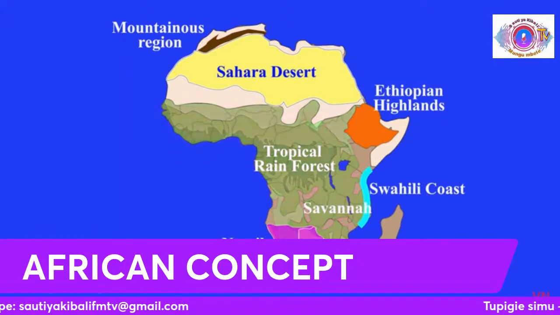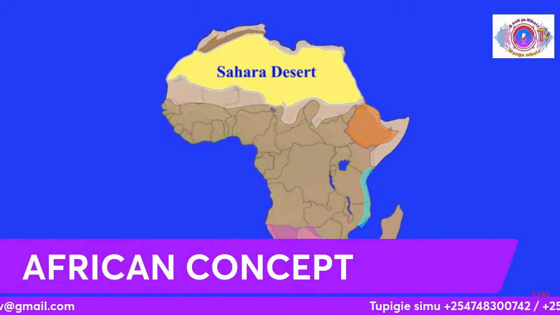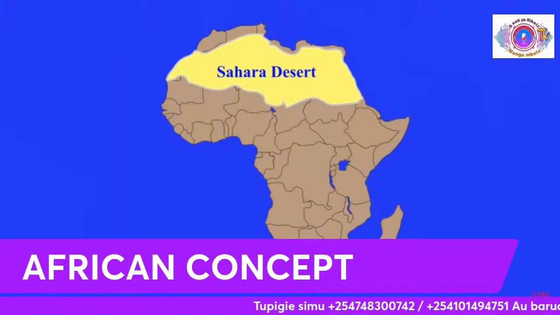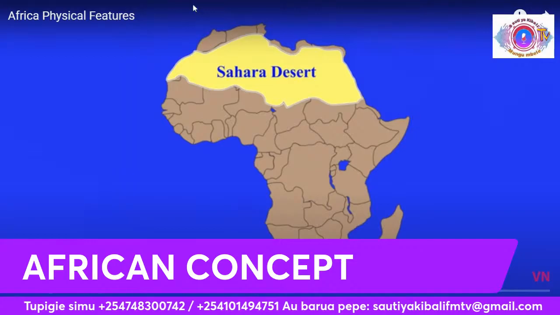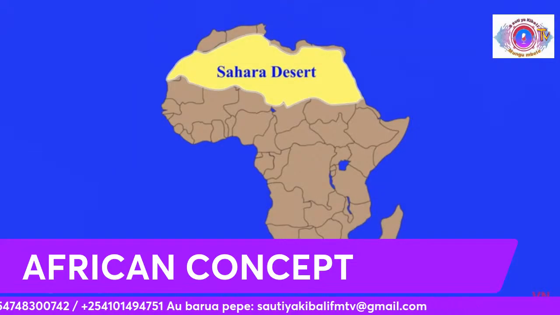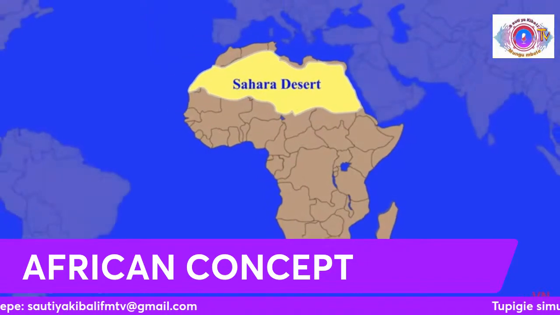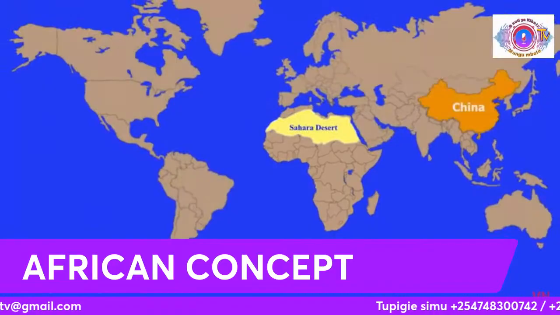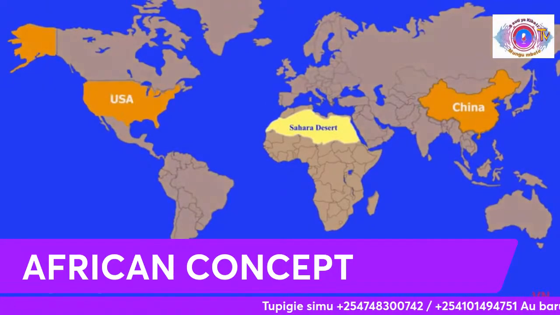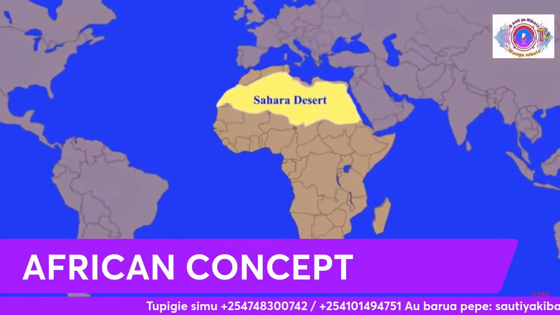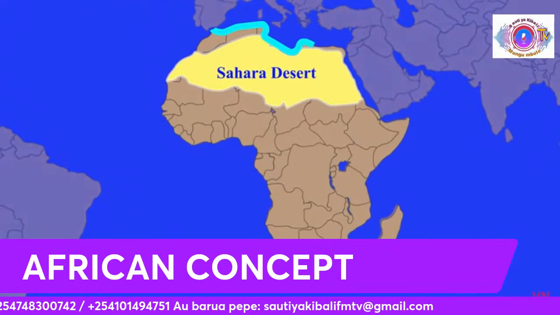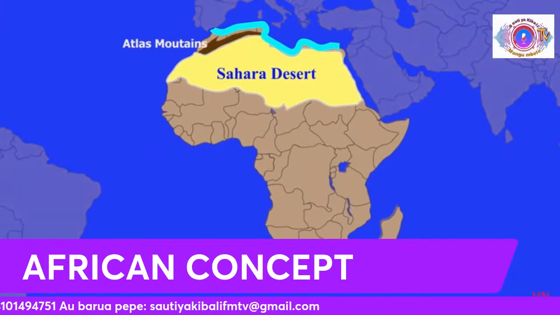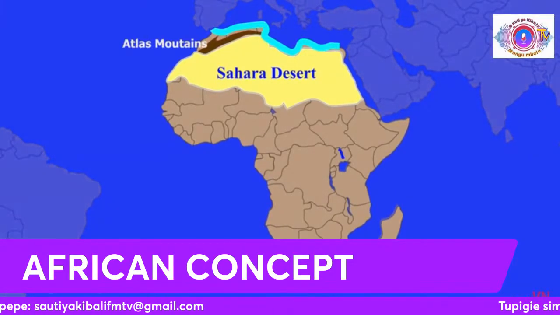We talk about the first division, and that is the Sahara Desert. It is the largest hot desert in the world and the third largest desert overall after Antarctica and the Arctic. It has an area of 92 lakh square kilometers and is comparable to the area of China and the United States. The desert comprises much of North Africa, excluding the fertile regions on the Mediterranean Sea coast, the Atlas Mountains of the Maghreb, and the Nile Valley in